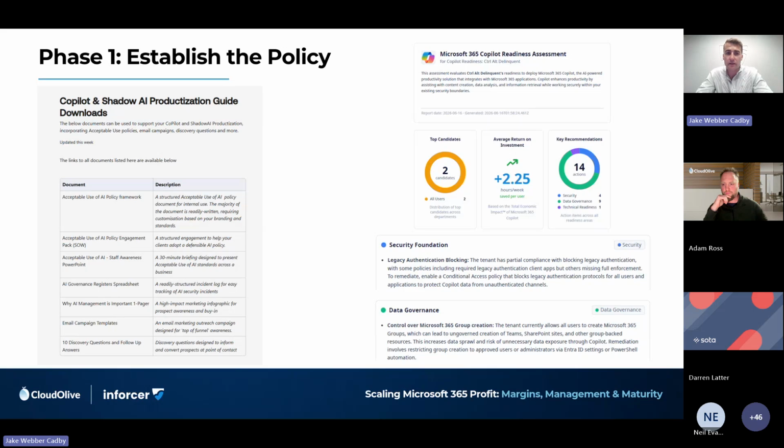So the first thing that MSPs are monetizing in the Enforcer platform is our Copilot readiness assessment. So being able to run an assessment on a customer or a potential customer within minutes, to sit down with them, and you could charge this as a project, or you could provide this as a free of charge offering, a free risk assessment to get a foot in the door.